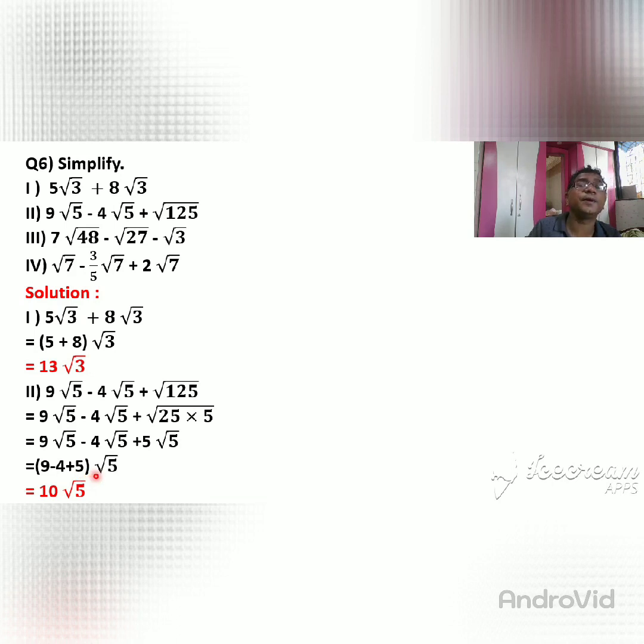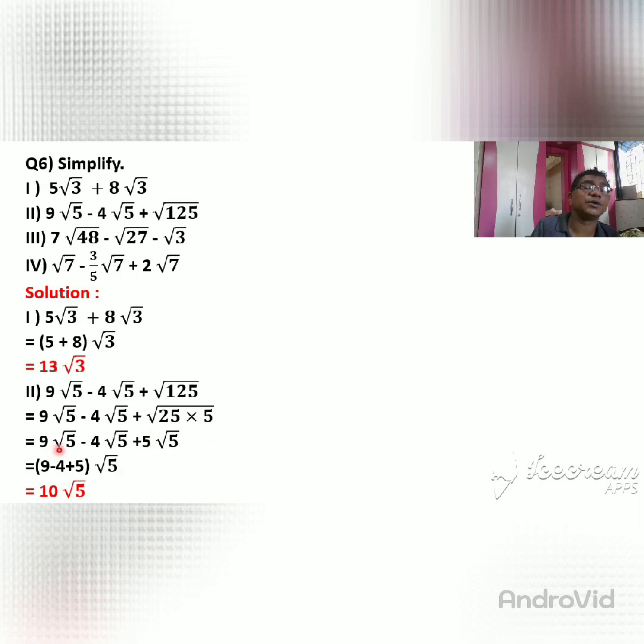Any doubts? If anyone has doubts, I will explain it again. 9 root 5 minus 4 root 5 plus root 125. So these numbers carry as they are because it is root 5, it is also root 5. But 125, you factorize in such a way that a square root is obtained. Why do you get the square root? Because the order is 2, so we must get the square root. So 125 factorizes as 25 fives. You know the square root of 25 is 5, so I write here 5 root 5.